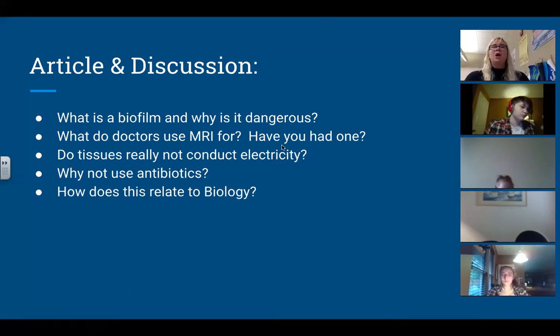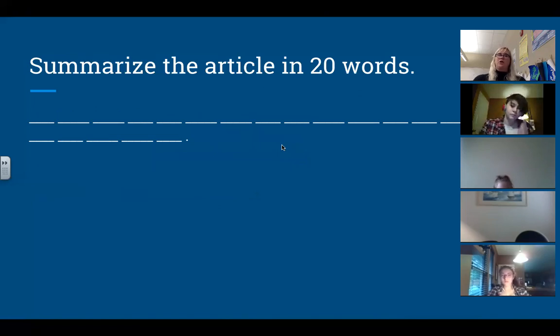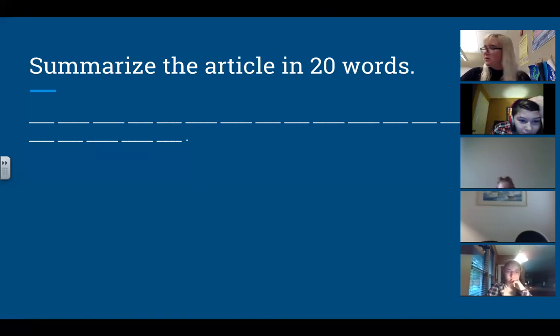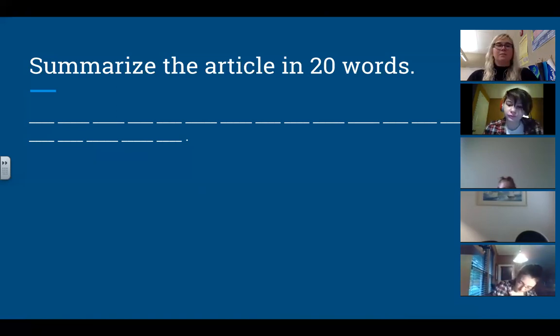Okay. So, final thing we're going to do is try to summarize this article in 20 words exactly. I know it's going to drive Lane nuts, I can already tell. 20 words exactly. See if you can summarize the article, and if you can do it, we'll have someone share out what they got. And if you can do this, I'll give you bonus points. So take a second here. Think about what the article is about. Go back to the article. 20 words. Summarize.